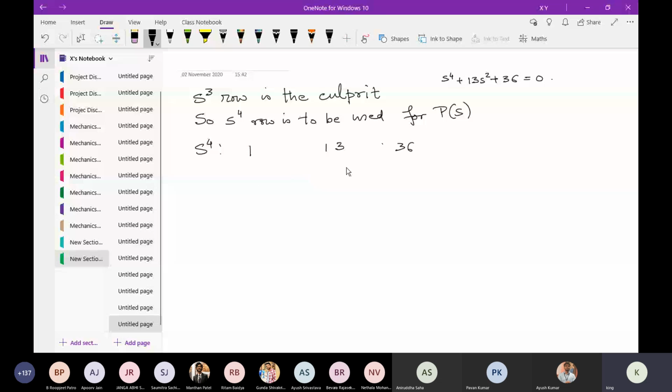If you encounter this further down, then it will not be your original polynomial. So P(S)